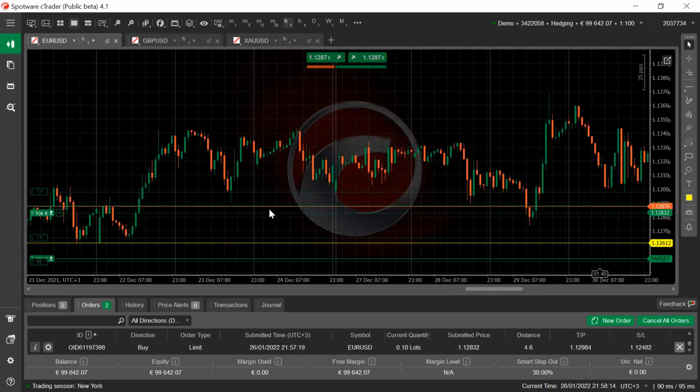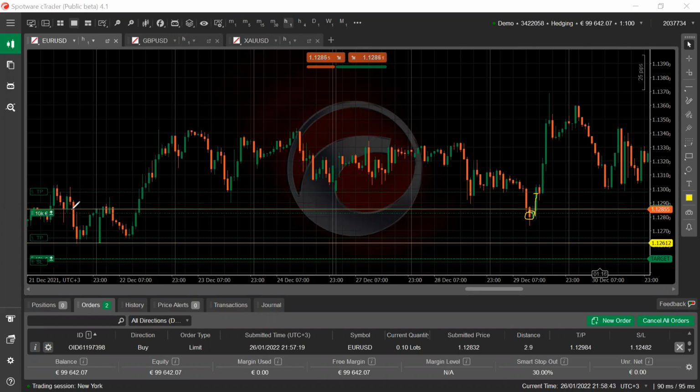So the market did come. This is it, it came and actually hit the target. So it was triggered over here and it took profit right here. That's the trade. But you had to wait for a while from the time we set it up,